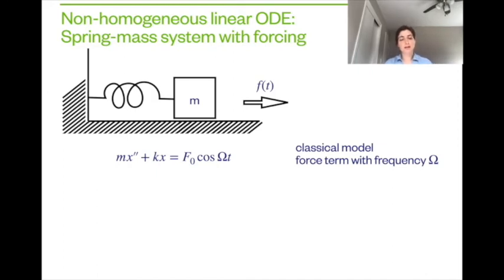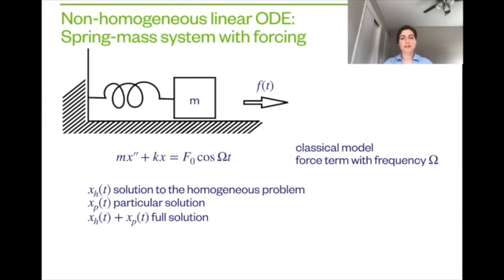So we are introducing this capital omega, the frequency of the forcing. So the forcing is really not nasty with respect to what we were used to. It's a periodic function, it's non-zero, but we're still going to look at it and solve it with the Laplace transform. So let's remind ourselves, when you have non-homogeneous problems, your first step is to solve the homogeneous problem, and